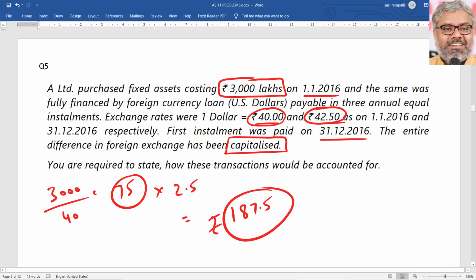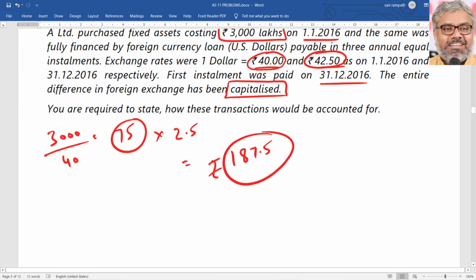On the other side, FCMITD also will have to be charged to P&L because it has to be amortized over the life of that loan or liability. That is why ultimately P&L will have to be debited, because it's a loss. The question is whether we are debiting it in one shot, in installments, or through amortization during the loan period. So there are 3 different possibilities, but the ultimate result is that this 187.5 lakhs is the loss that resulted from exchange rate fluctuation.